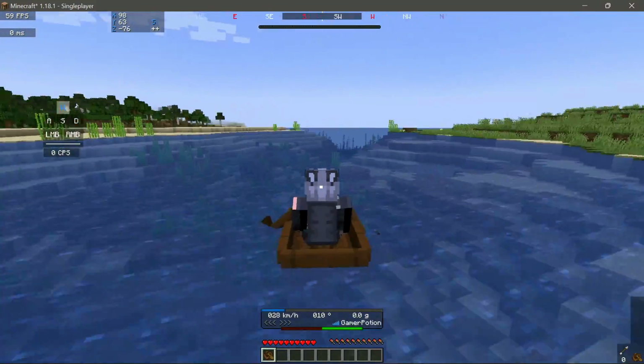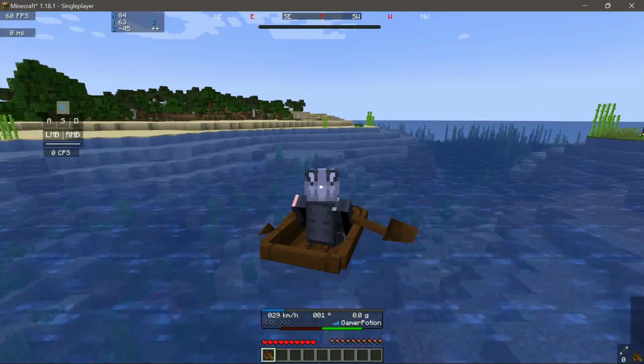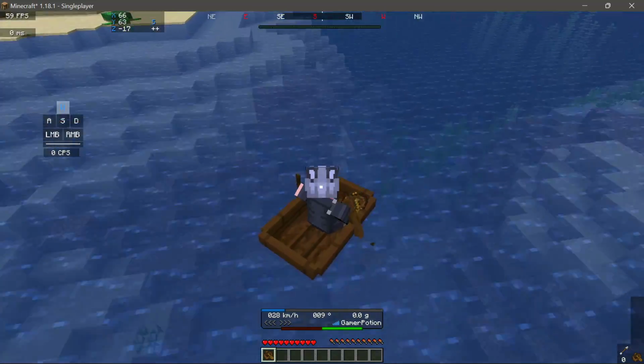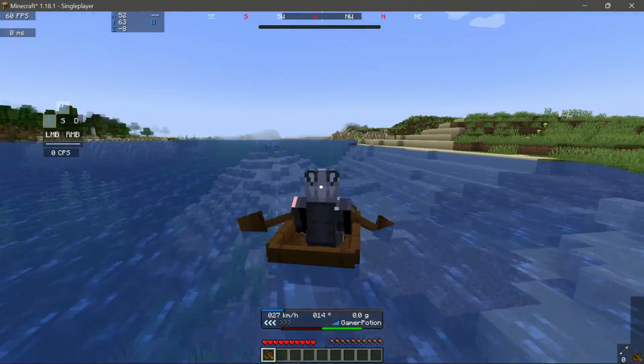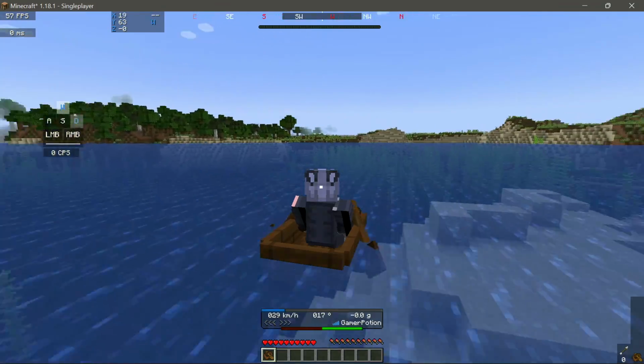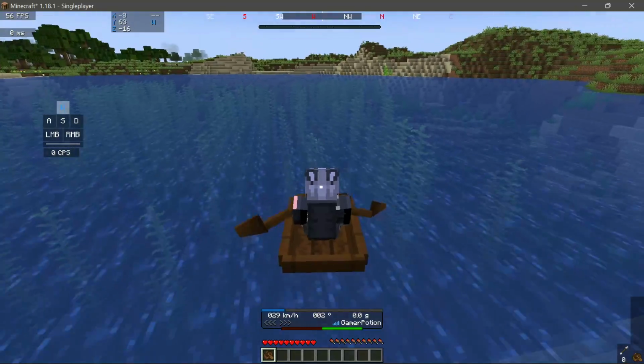It really adds some nice features in your game, and the good thing is that it only works in the boat, so you don't have to worry about it when you are on land. So if you guys are looking for a nice HUD related mod when you are using a boat in your survival world, for example, then I would recommend that you guys get the Boat HUD mod for Minecraft Java Edition version 1.18.1.